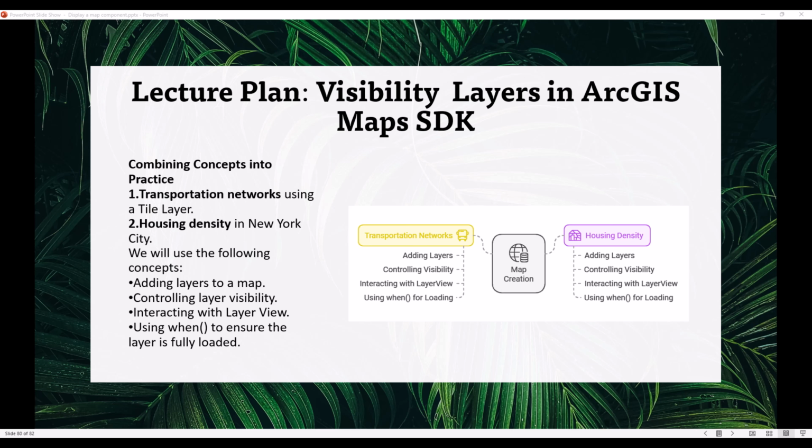Step-by-step tutorial. We will divide the implementation into clear steps, building our understanding incrementally. Step 1. Setting up the environment. Tools required. Visual Studio Code, a lightweight, powerful editor. ArcGIS JavaScript API for building web maps. Okay, now open the Visual Studio